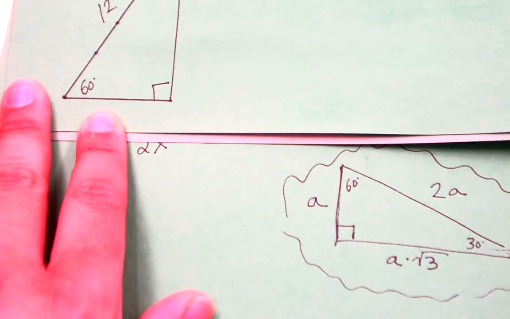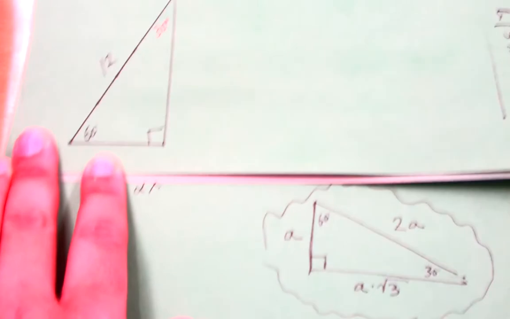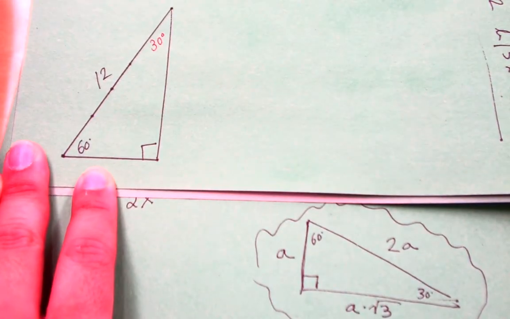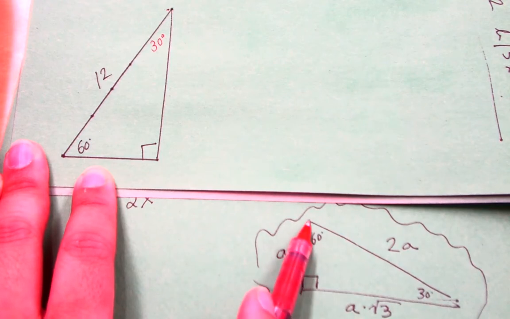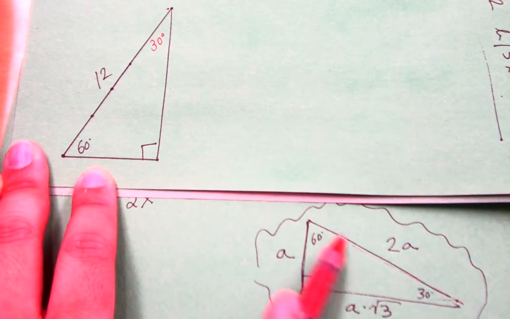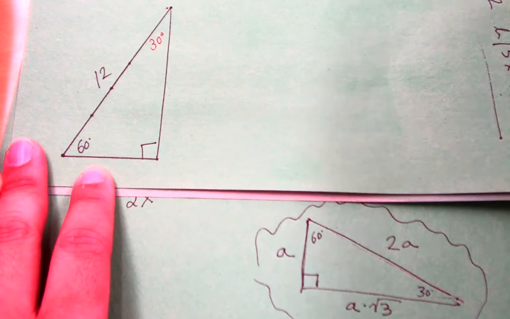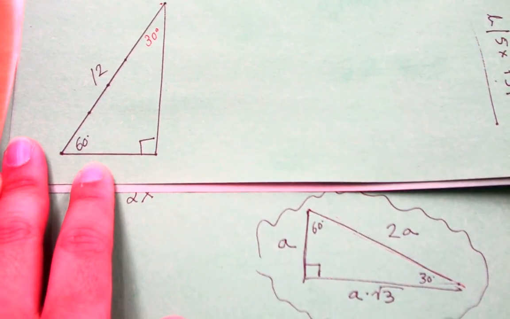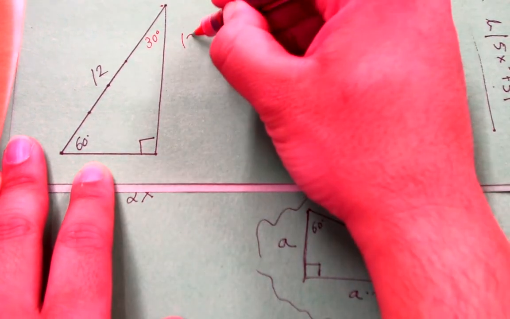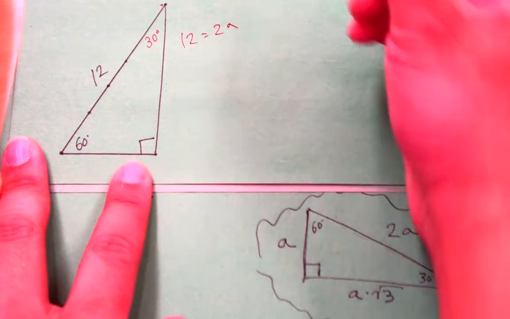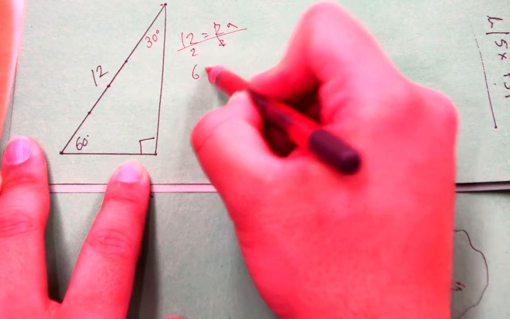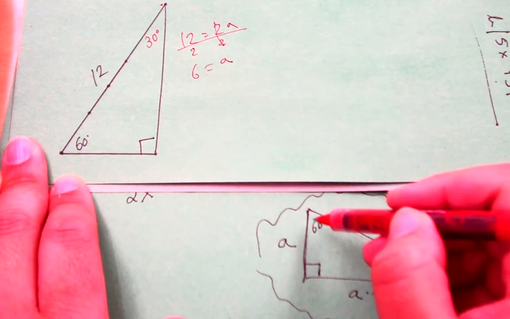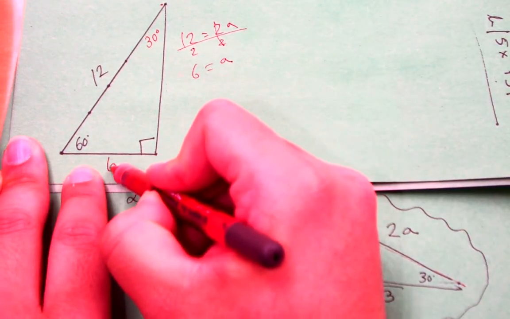Well, compared to the original model, right? Compared to the original model, 12 is the hypotenuse in our particular shape, and in the original shape, 2A is the hypotenuse. So if you were to reorient these, you'd see that relationship. So if 12 is 2A, then it simply follows, of course, that divide both sides by 2, 6 is A, which means that the shortest length would just be half as long across from 30,